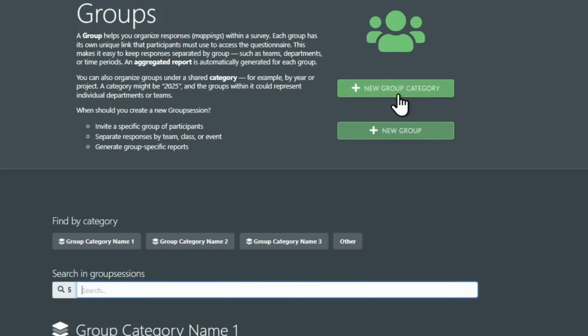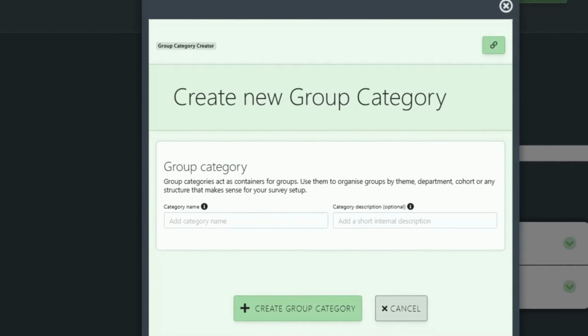Let's start by creating a new overarching group category to contain specific user groups. It's not necessary to create a category, but if you have multiple groups, it can be a good way to keep them organized. Examples of these could be creating a category for a larger department or a specific location within your organization. When you click the New Group Category button, a window will open where you need to enter a